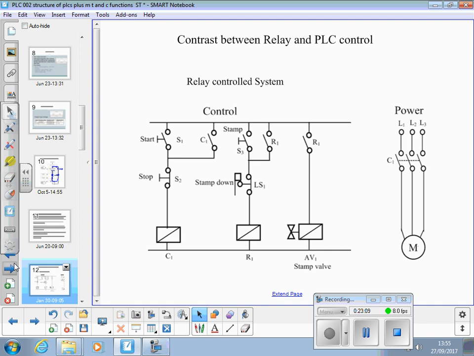Right. A little bit about contrast between traditional relay and PLC control. So this is like a small system where we got a hydraulic pump started and stopped on this contact. So that's our pump. We push that through the stop button, turns that contactor on, closes that contact, so